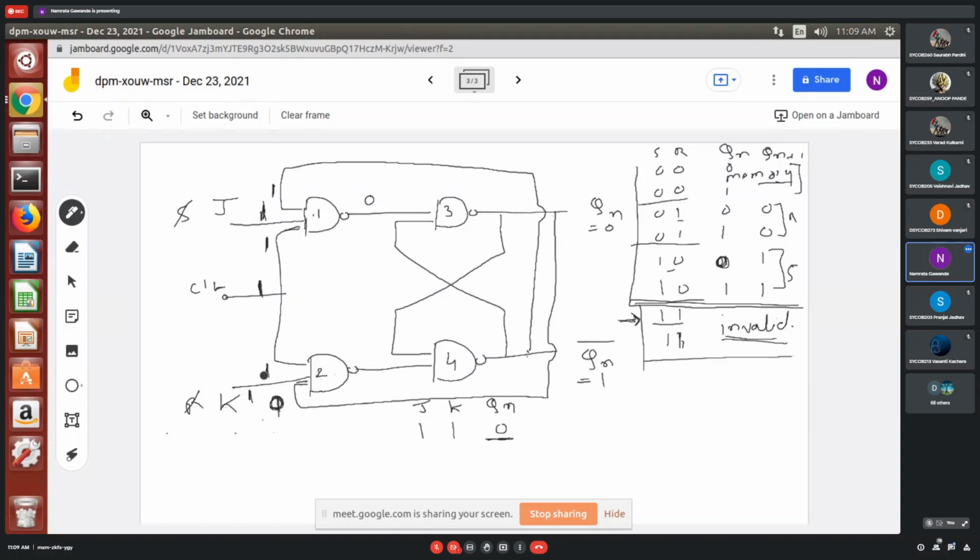So if all are 1, the output will be 0. And here, if one input is 0, the output will be 1. Now, in that case, we are getting the output of the first inverter as 0 and the output of the second inverter as 1. Now, in this case, what will happen if this is 0? Because this is 0,